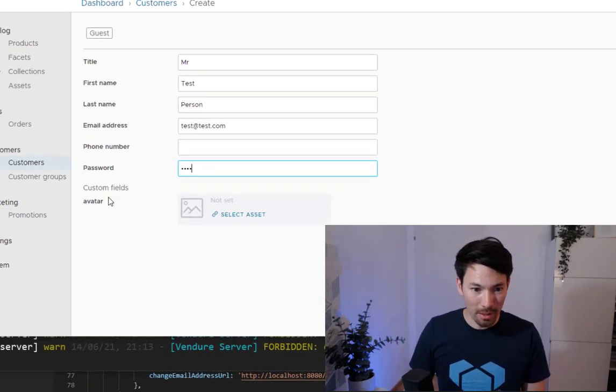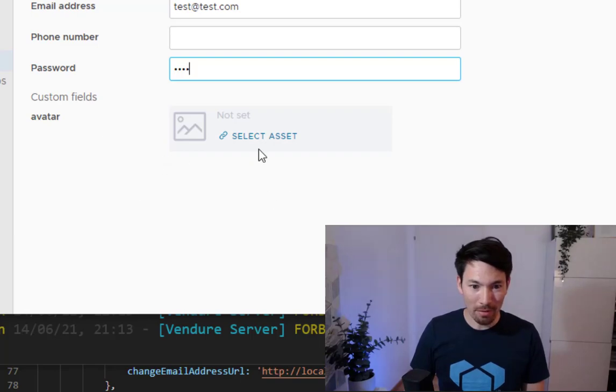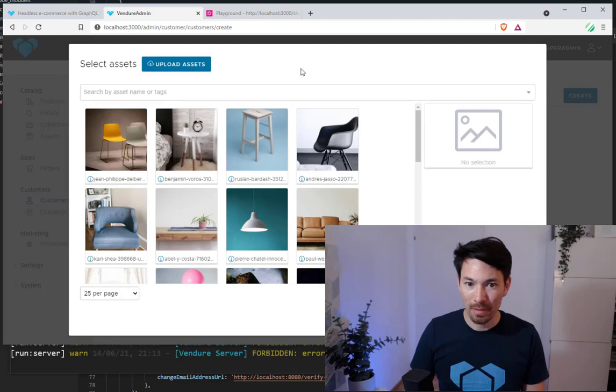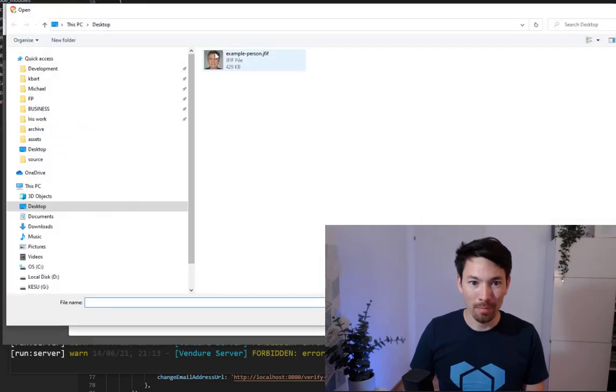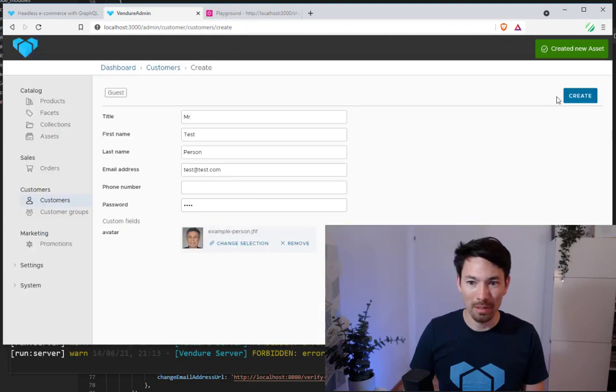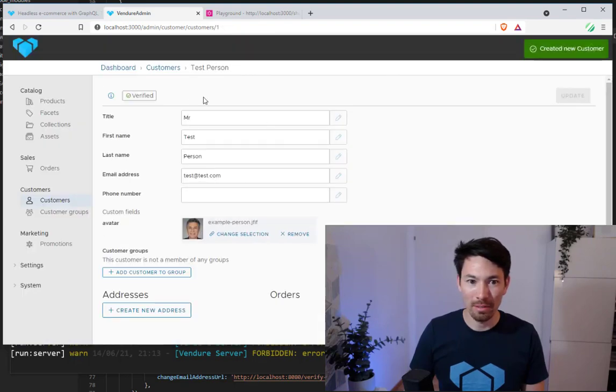Okay, and as you can see, we actually have this custom field now, an avatar, where we can select an asset. Let's upload one, and that's handy. Let's choose that one and create. So these examples illustrate the overall design philosophy with Vendure in regards to developer experience, which is